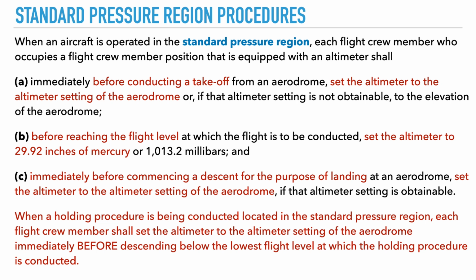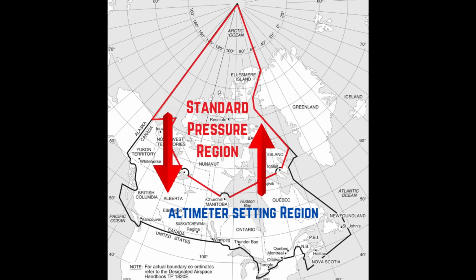When a holding procedure is being conducted that is located in the standard pressure region, each flight crew member shall set the altimeter setting of the aerodrome immediately before descending below the lowest flight level at which the holding procedure is to be conducted. Now let's look at the rules when you're transitioning between the altimeter setting region and the